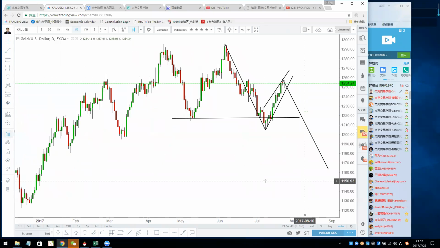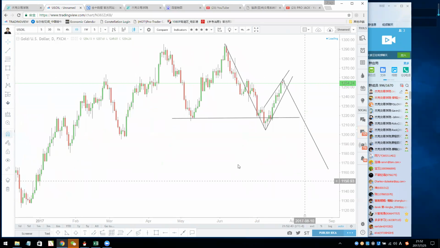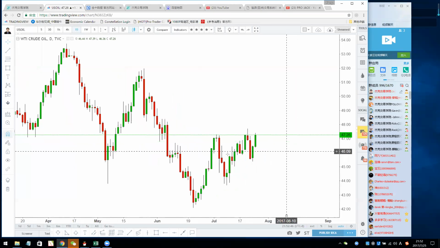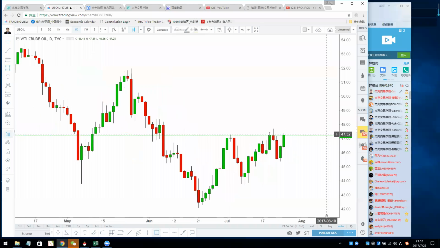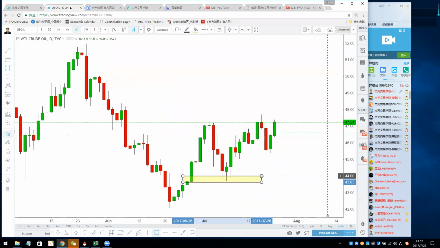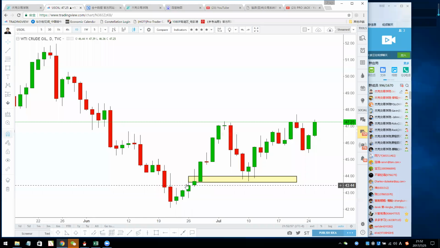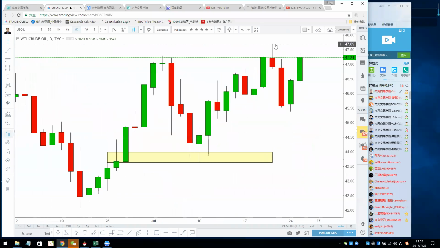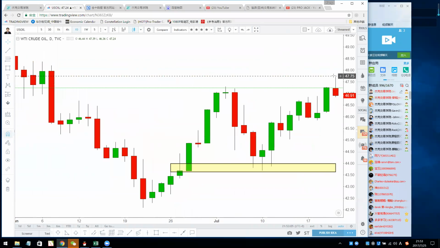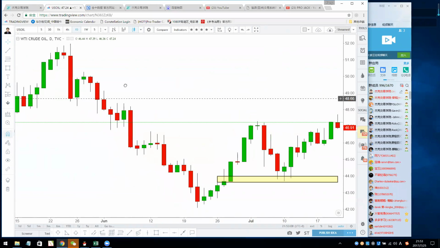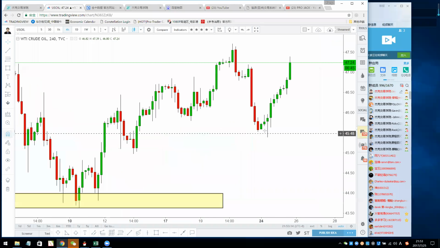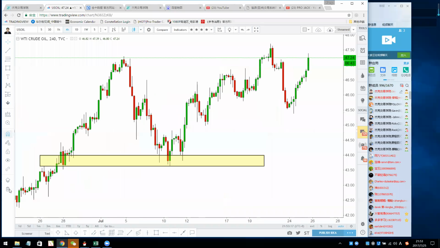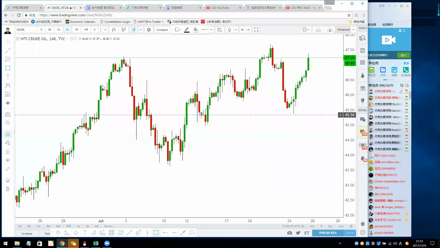All right, let's move to oil. Oil has become bullish in recent days, since the 44 area became a support here and it broke the structure. It broke the structure, retested, and last Wednesday, after the EIA, the oil actually broke a new high, but it cannot break 48, right? However, when it comes down to the 45 area, you may have a potential buying opportunity if you're looking at this structure here.